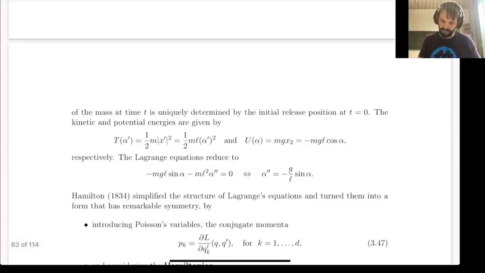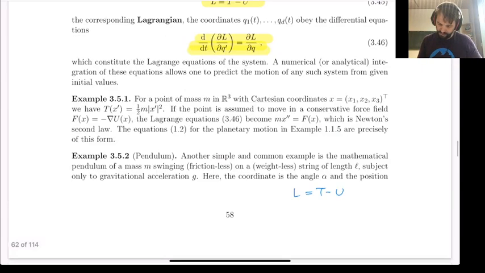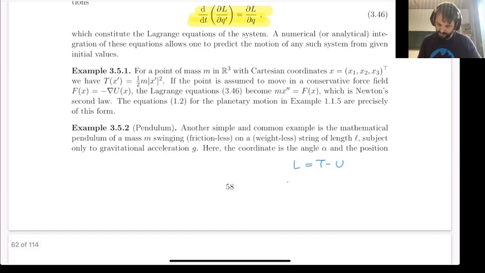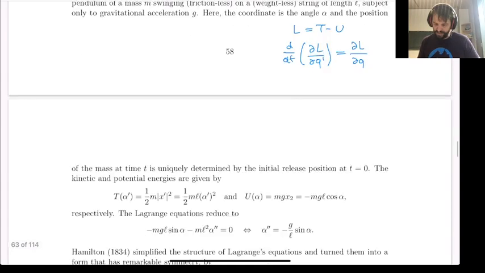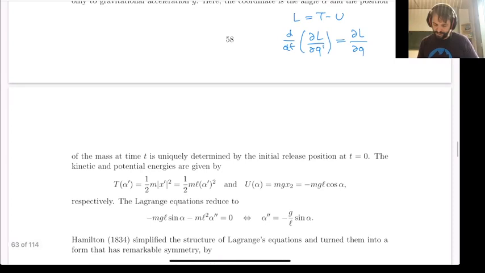Let me try to squeeze it in here. So the Lagrangian is T minus U, and the Lagrange equations are the total derivative d by dt of the Lagrangian with respect to the q prime variable is equal to the partial derivative of the Lagrangian with respect to the position variable. Okay, so the position variable in our case is alpha, and the velocity variable is alpha primed. And L in our case, I'm going to write it in red,